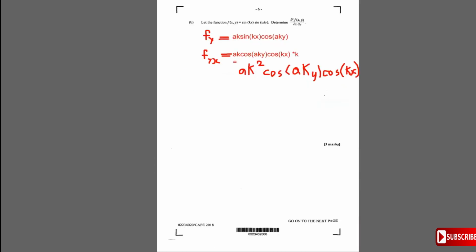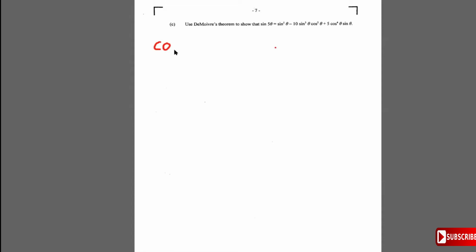Nice. All right. Now this question says use De Moivre's theorem to show that sine 5 theta is equal to sine to the 5th theta minus 10 sine cube theta times cos squared theta plus 5 cos to the 4th theta sine theta. To use De Moivre's theorem and do this, all we're going to show is, well, De Moivre